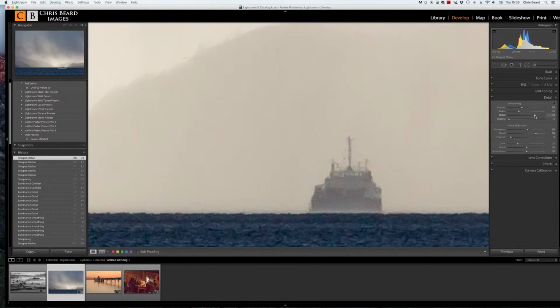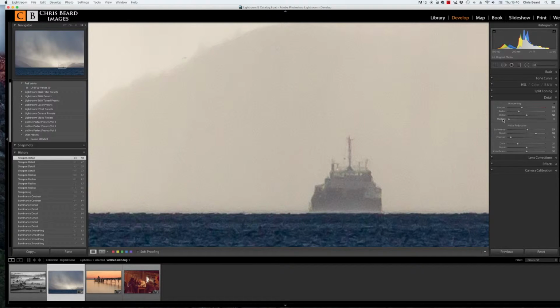Same with the detail, how much detail we now have in our images. As we move it to the right, we can start to see some of the digital noise coming back in. So 50 is a fairly good setting for anything that's not too noisy. But now we have probably one last tool which can really make so much of a difference, and this is